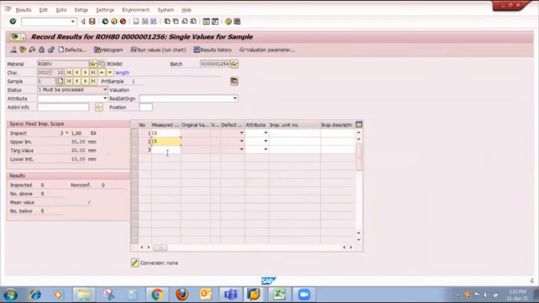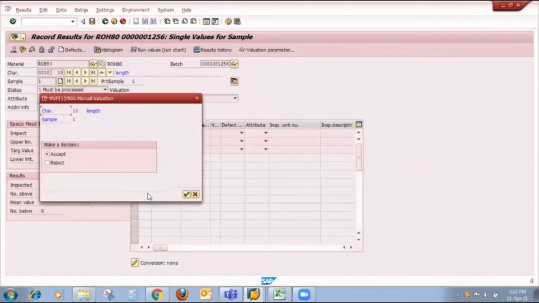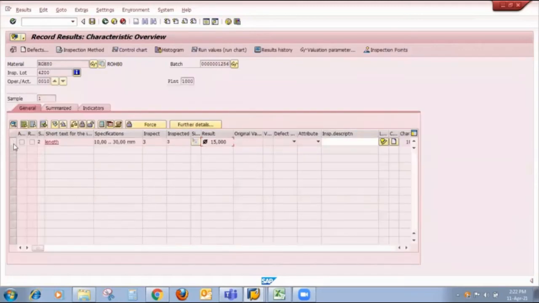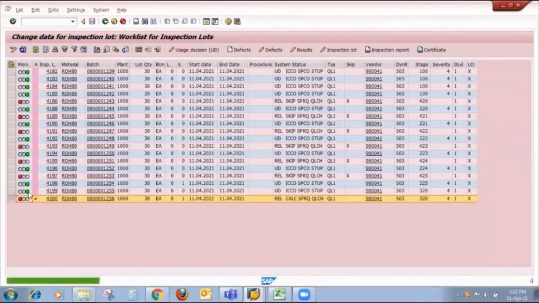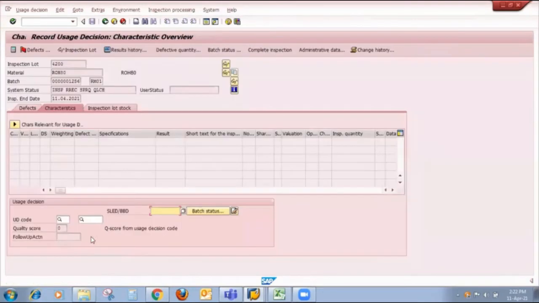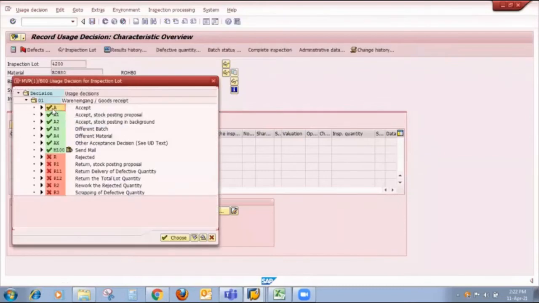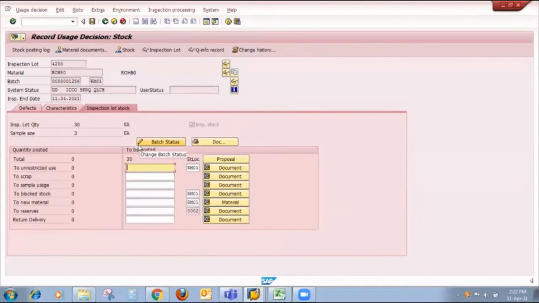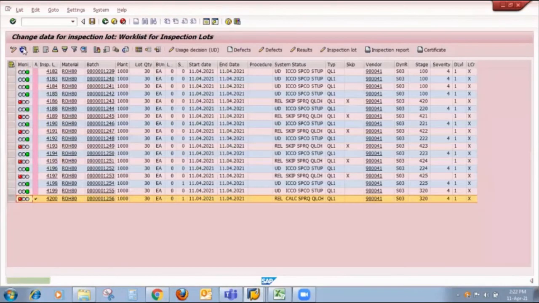Lock the result, and accept with the proper usage decision using the UD code, accepted UD code, that is A. Save it. Once I save it, the system gives me the usage decision stock posting completed message.